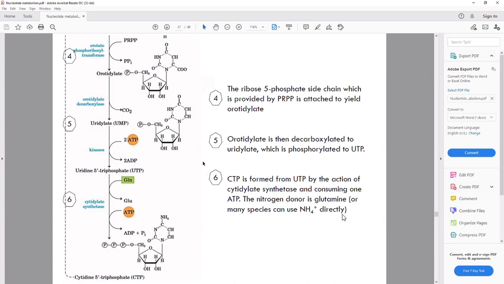Maybe we can have it from the PPP, ribose 5-phosphate, where ribose undergoes phosphorylation. But if you can see, both pathways utilize PRPP, which comes from ribose 5-phosphate. So UTP and CTP refer to